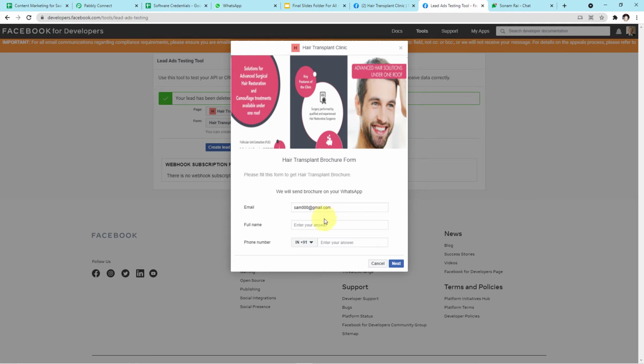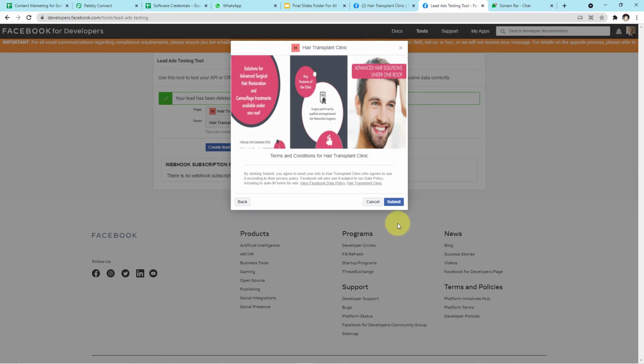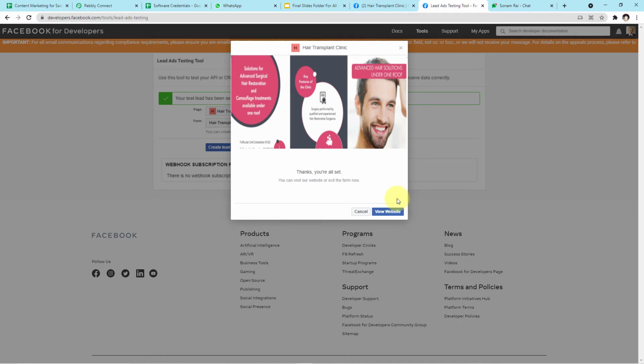Now the full name is Sam John. Let me enter the mobile number. Okay, as you can see on my screen, we have successfully entered all the details of our customer. Now I'll click on next and I'll click on submit. So we have successfully submitted the form.